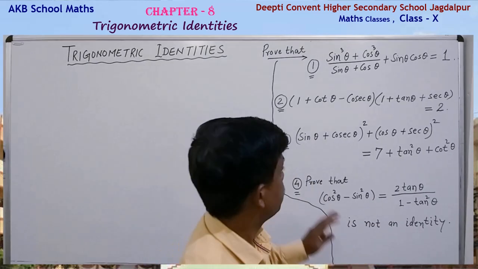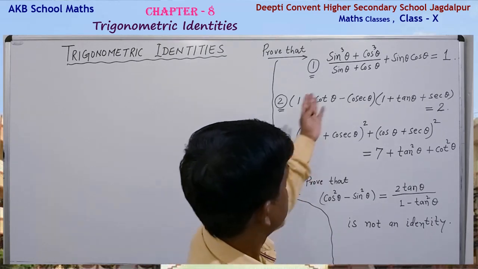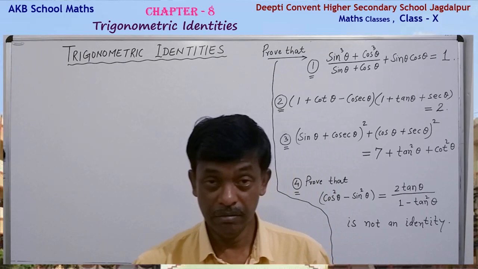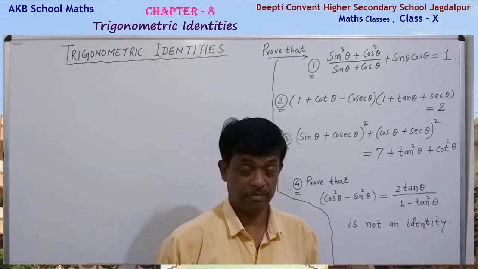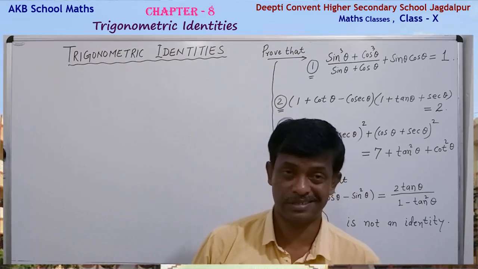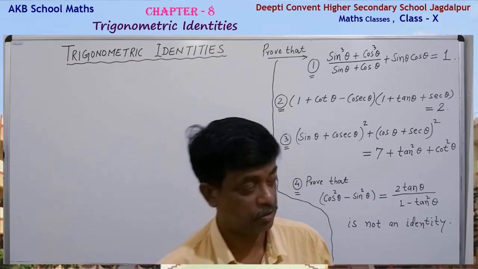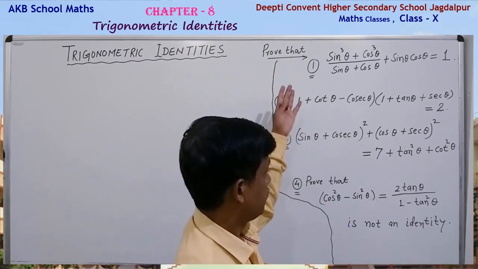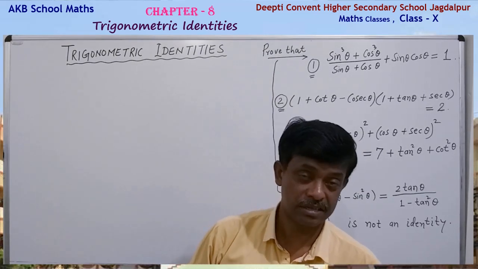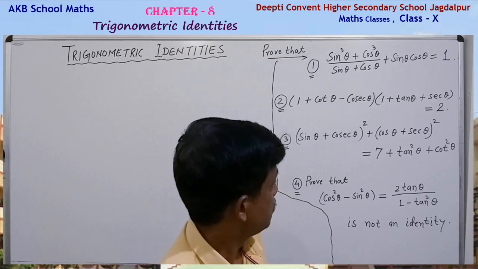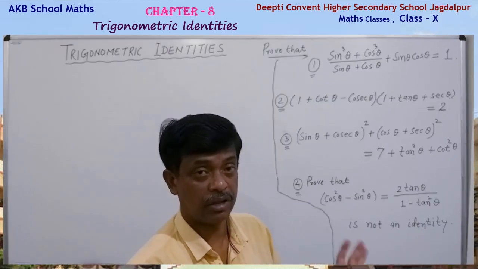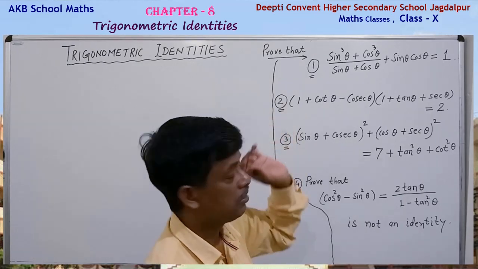So for trigonometric identities, these types of relations, whether they are identities or not, we have to prove. There are many questions in the exercise, and you can also get them from reference books, because this is a very important part; one of the questions is always asked in the exam. So see this topic carefully, how we can prove the given identity.